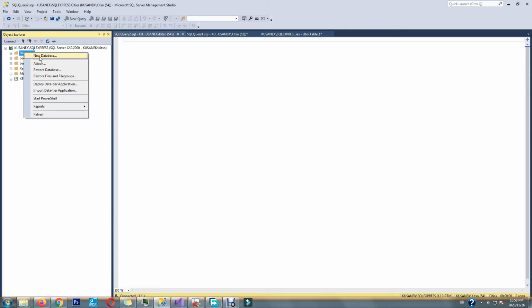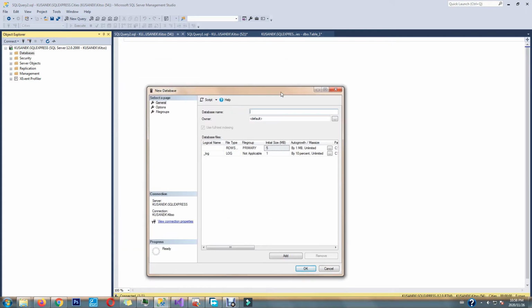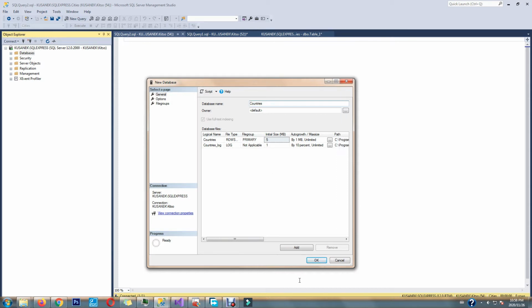Right click, create a new database, and then it pops up this dialog window, and then we're going to call this database countries,